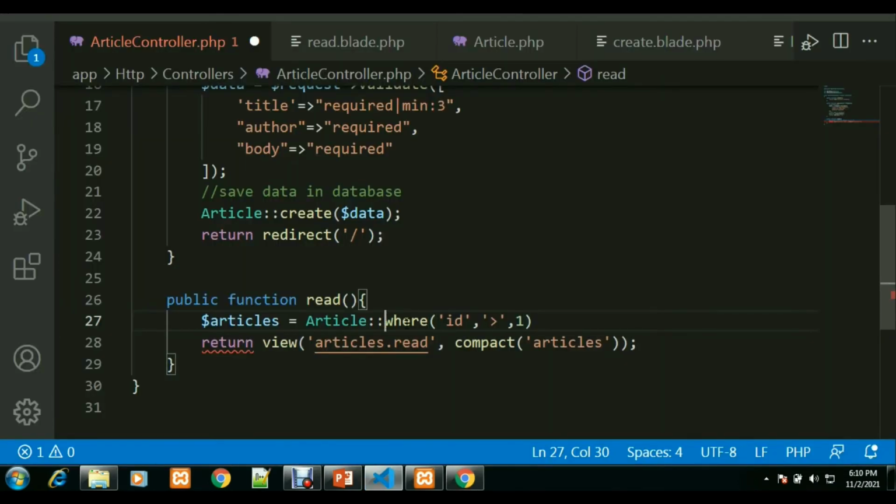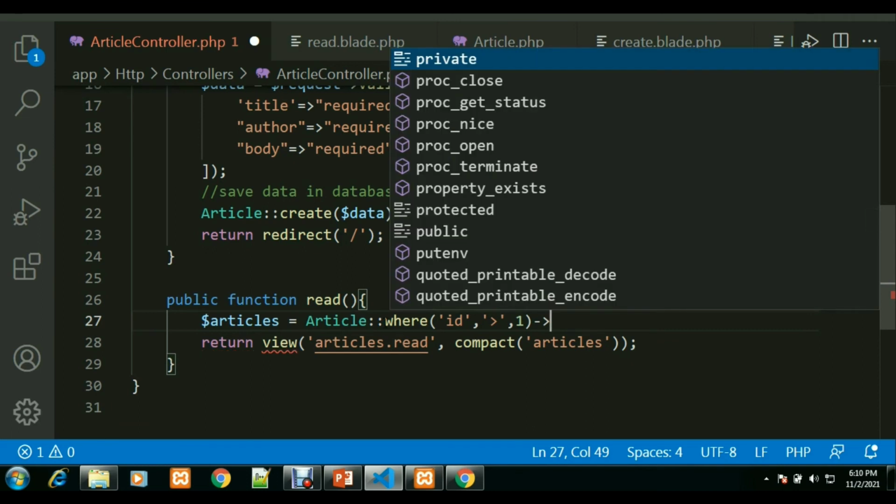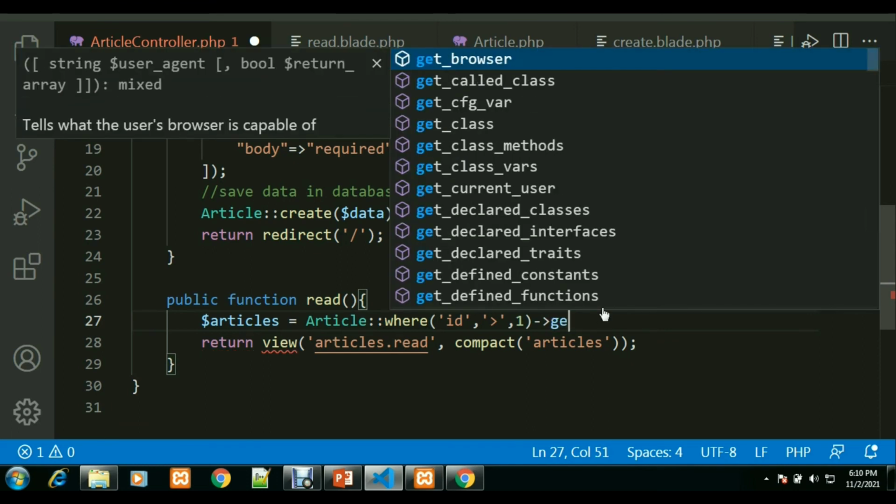Whenever you are using these conditions, like where, in detail I will tell you, a lot of collection functions are there. Basically, when you run this particular command, it will get a collection. So collection is nothing but it is just like an array, but it is very powerful and fast. So in Laravel, when you're running a SQL statement, it returns a collection. So when you are using a where condition, you have to use get.